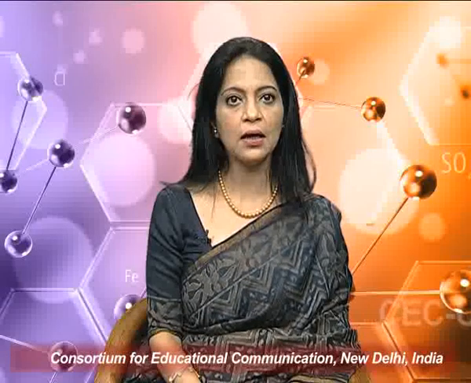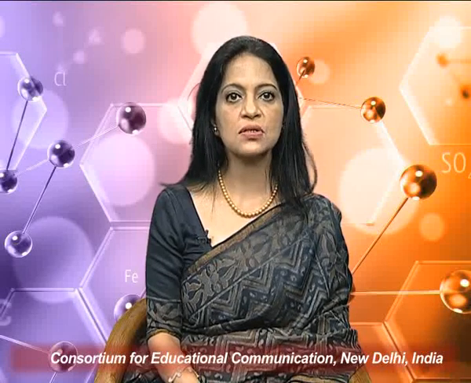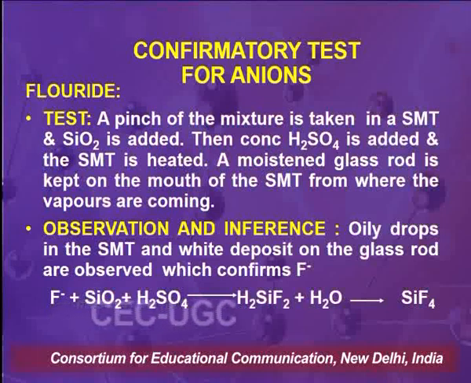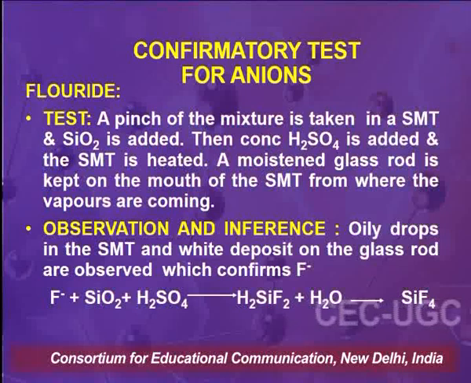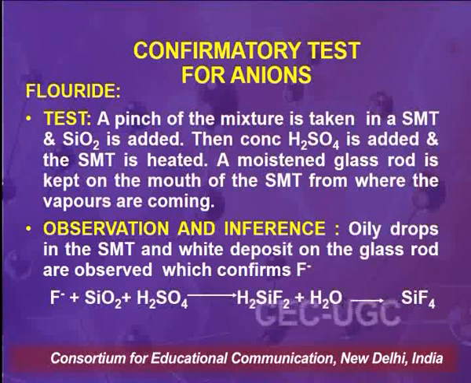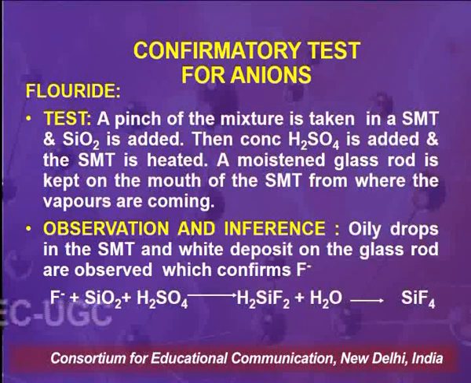And for fluoride, the test is performed directly with the mixture, where the mixture is taken in a semi-micro test tube and a little sand or silica is added to it. After that, concentrated sulfuric acid is added and the semi-micro test tube is heated, and a moistened glass rod is kept at the mouth of the test tube from where the vapors are coming upon heating. If oily droplets are seen on the test tube and a white deposit on the glass rod, it confirms the